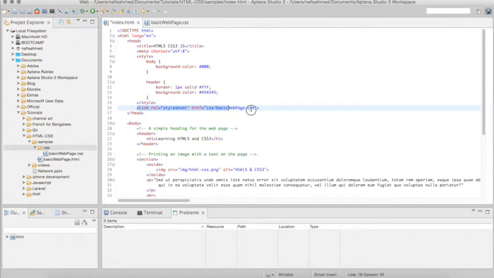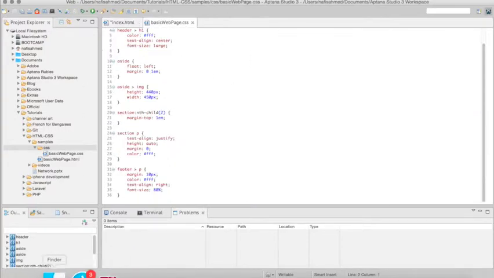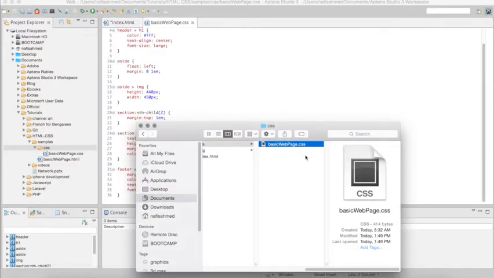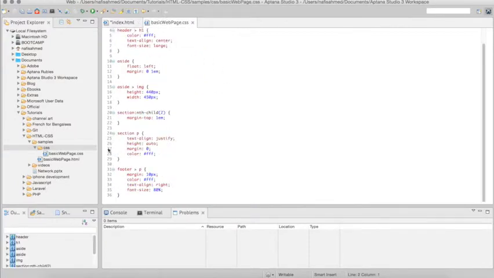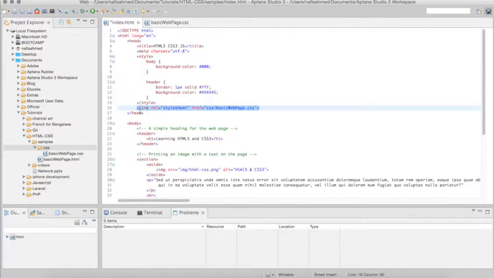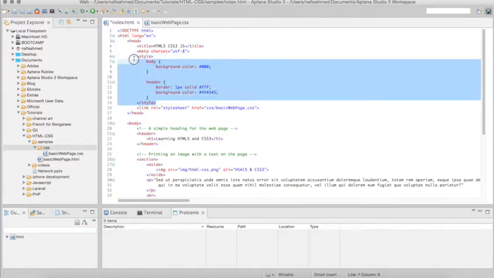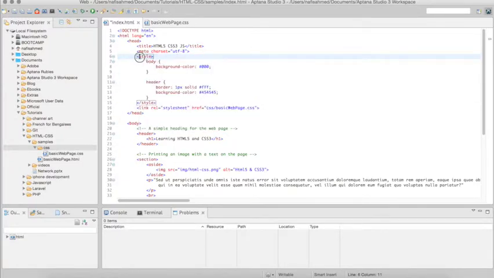This is called an external link because we have created an additional file, an additional style sheet with the extension of .css, and then we are bringing everything of that file inside this HTML page using this link tag. You can do the same thing using this style tag. If you look carefully,